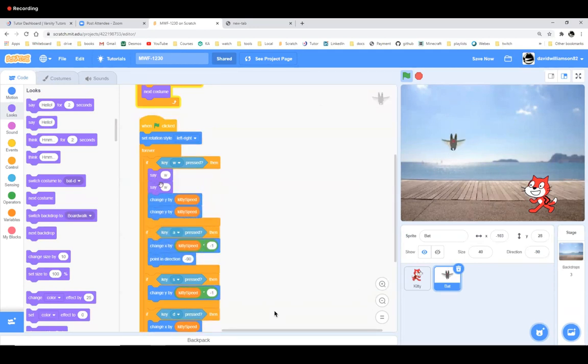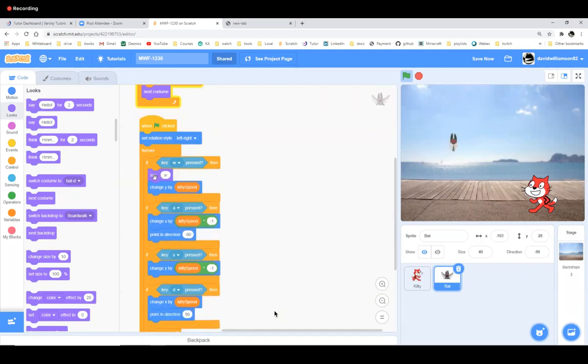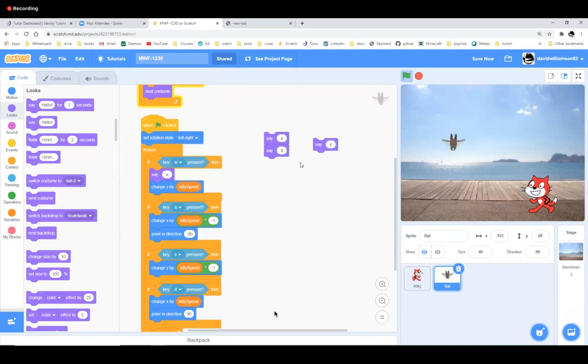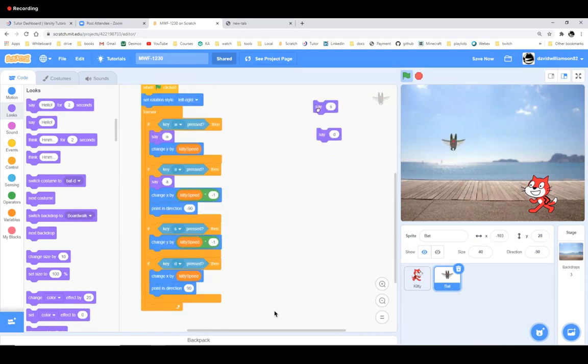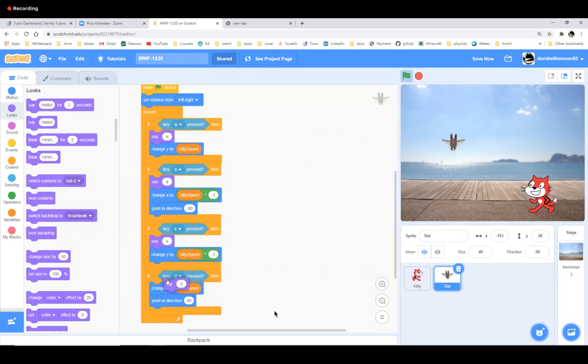Uh-oh, that's not good. Wait, hold on. Yeah, just say A, and then duplicate, S and D. Okay, I'll put it right there, just so you can see that it's continually polling, querying.